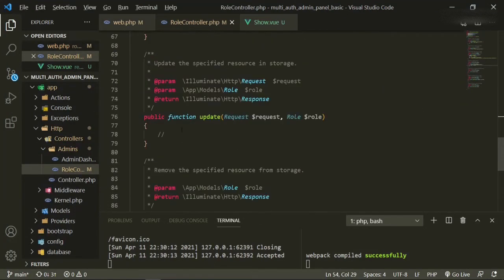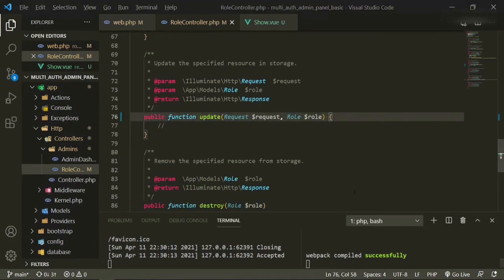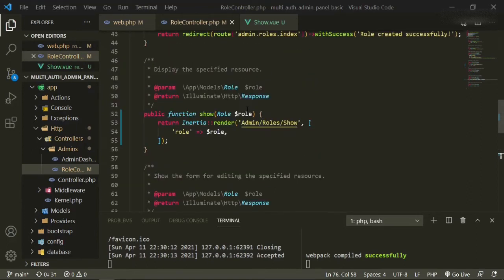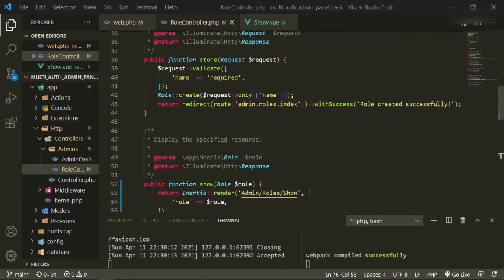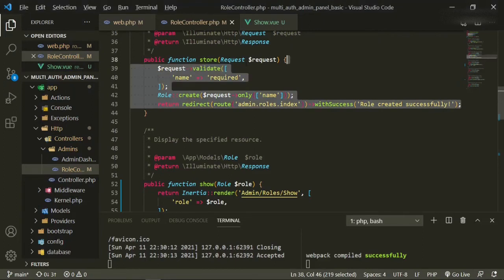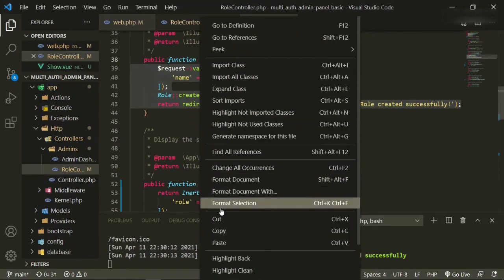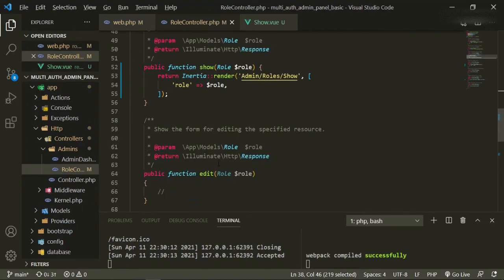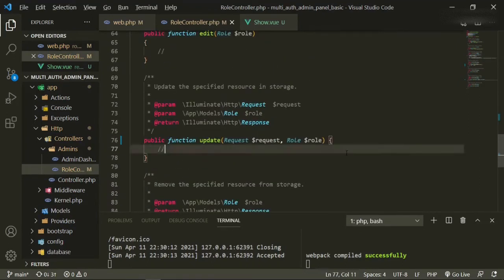Okay, so let's head into the role controller and work on that method, which is right here. So open that up. And instead of typing all that stuff, we can just copy it from the store method because it's pretty much going to be the same thing. So copy, and in update we'll just paste it in here.